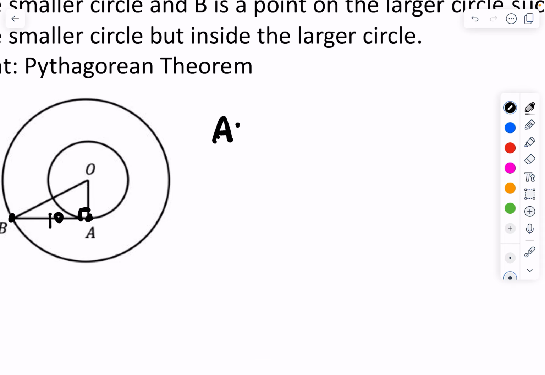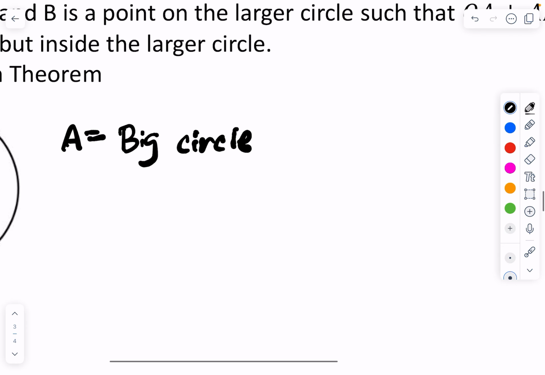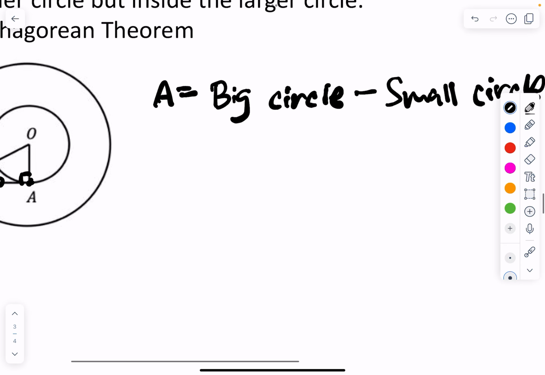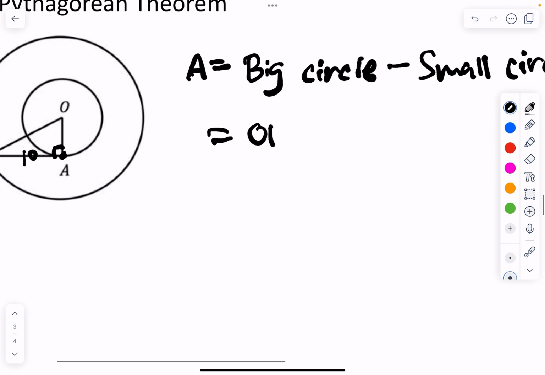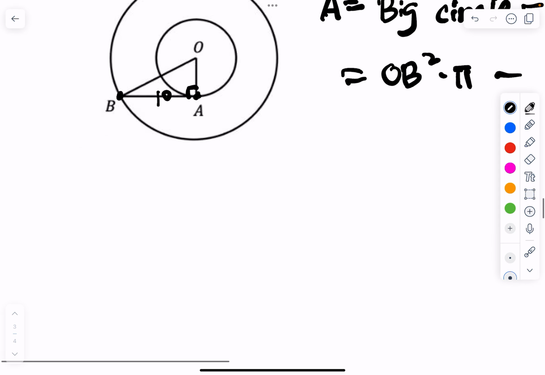Our desired area here is the area of the larger circle minus the area of the smaller circle. And the area of the bigger circle is just OB squared, because it's the radius squared multiplied by pi, minus OA squared